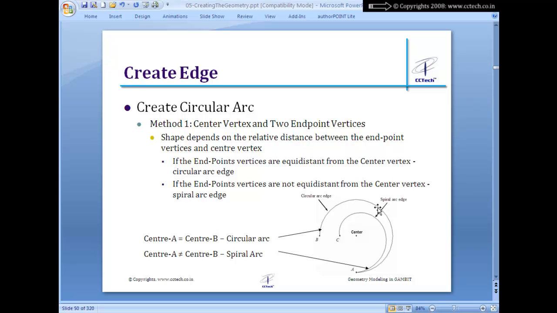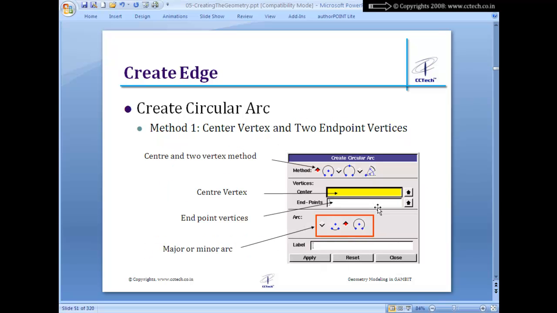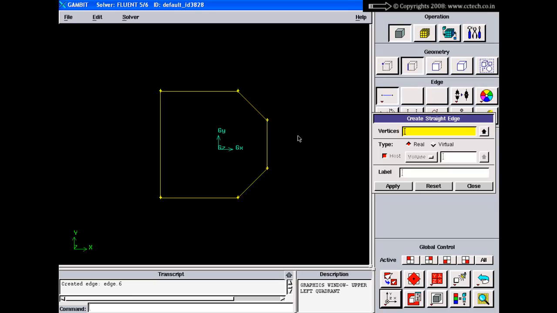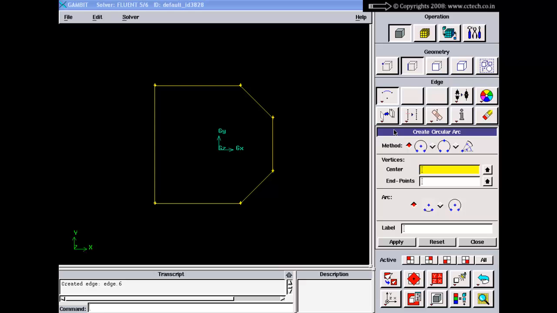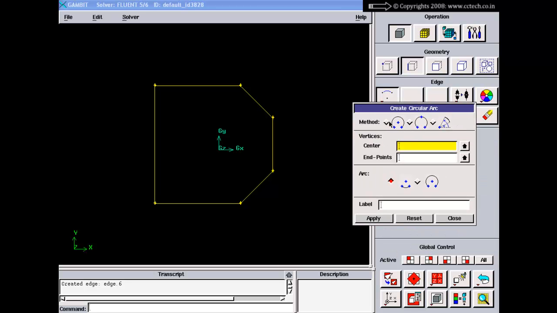So that is the behavior of the circular arc depending on the distance from the centers. So this is the first method, as I said, create circular arc by 3 points. So let's go and create the circular arc by 3 points. Right click here, arc, and my method is the 3-point method, in which I am going to give the center